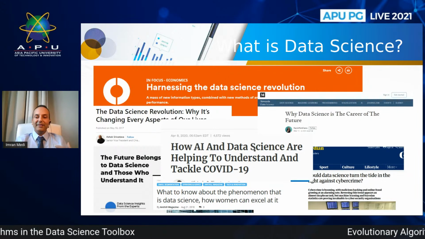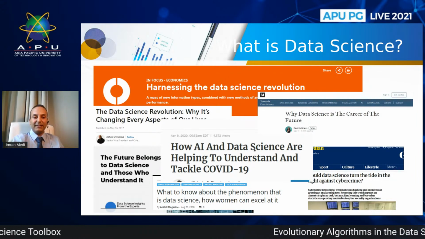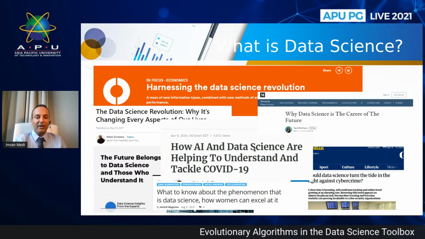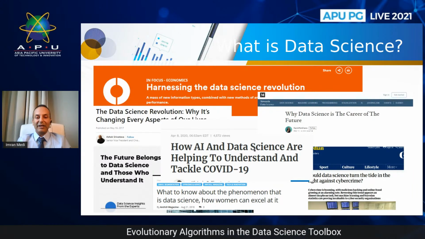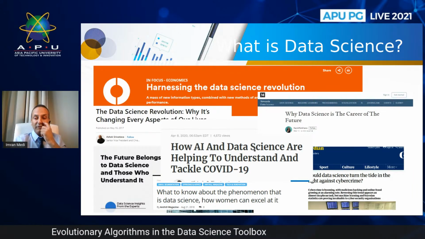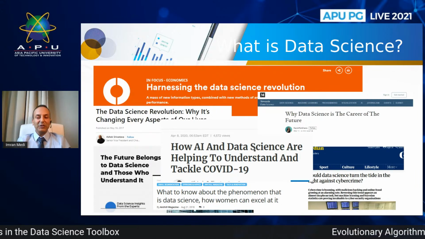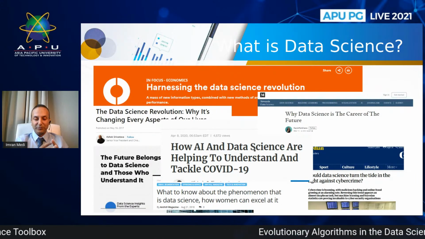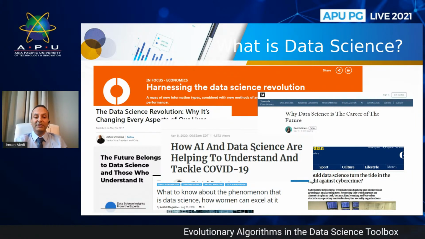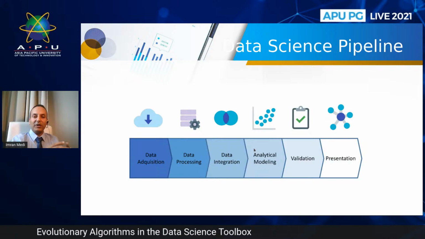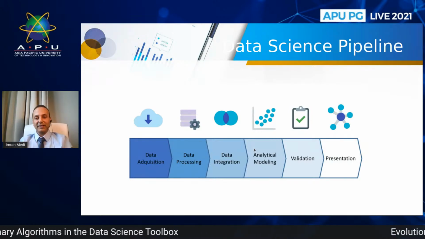So basically data science techniques are being applied to help government plan for and decide how it's going to tackle the COVID-19 crisis. It's something that is well established and being used, and there's lots of growth and career opportunities in this particular area. And there's a number of reasons why, which I'll flip to in the next slide.